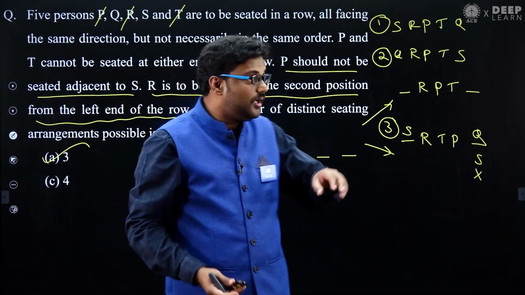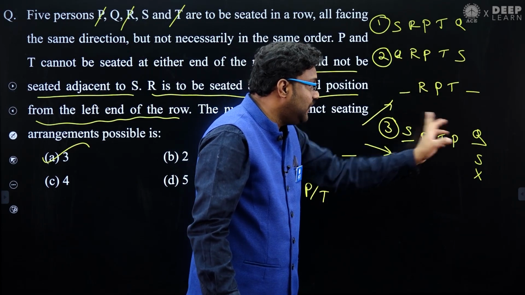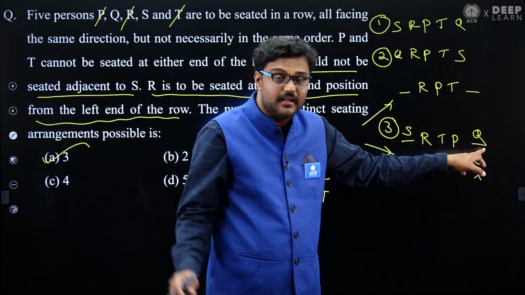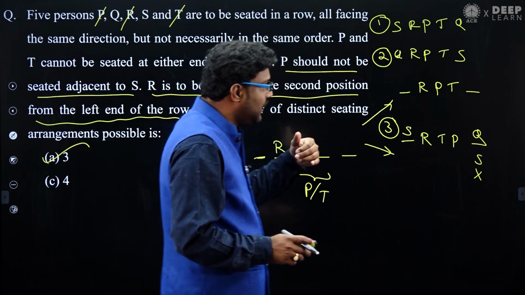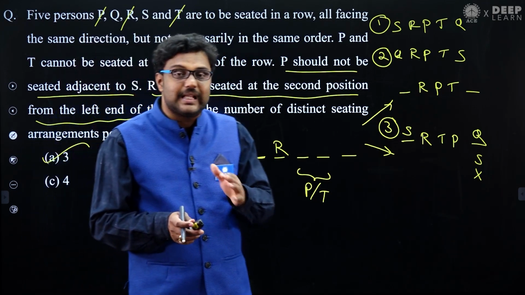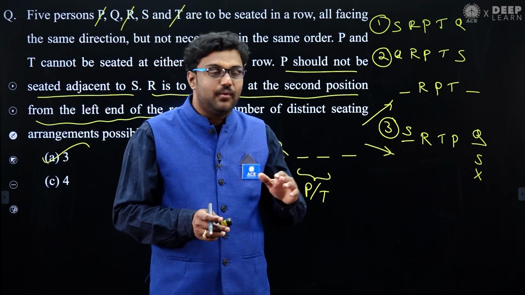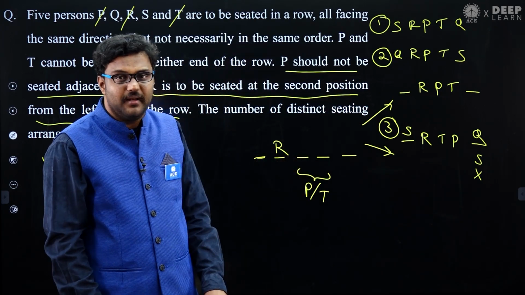Sir, why are you not taking these 2 different things here? Why you are not putting S here is, if you put S here, the condition fails. P is not adjacent to S. You just go ahead with that solution. I can say that yes, option A is correct. Only 3 possible chances. So option A is correct, my dear friends. Got it?